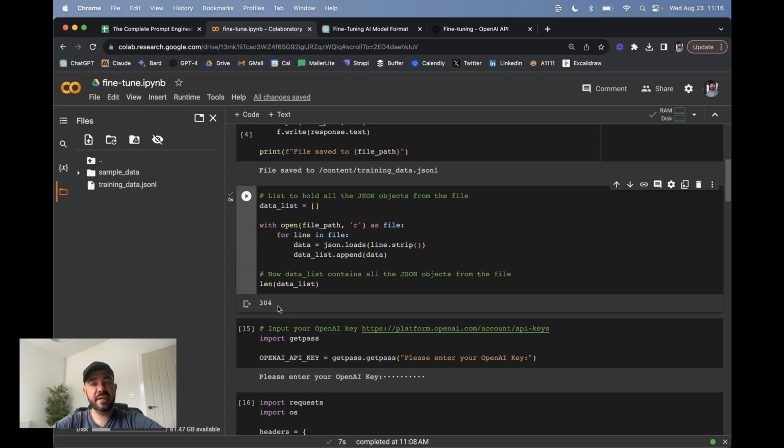Typically with fine-tuning, what OpenAI says is you probably need at least 50 observations in order to start noticing a difference in the model. And I've seen in a few papers that it's typically around 200 observations that you need in order to get to the point where fine-tuning actually shows better results than just general prompt engineering. So I would say if you have 200 samples, then you're probably in a good position to start